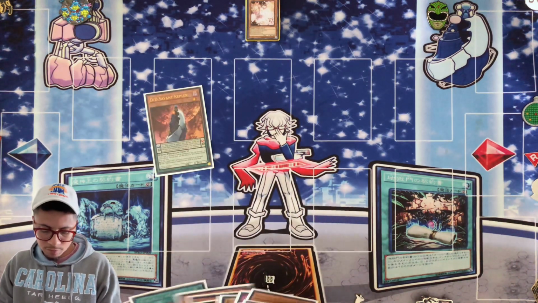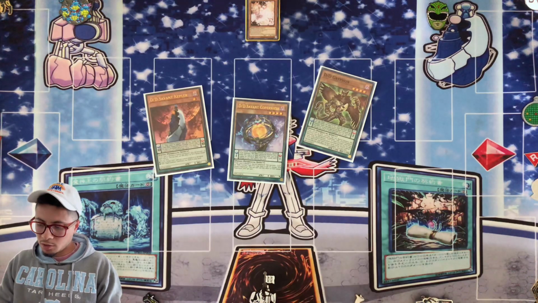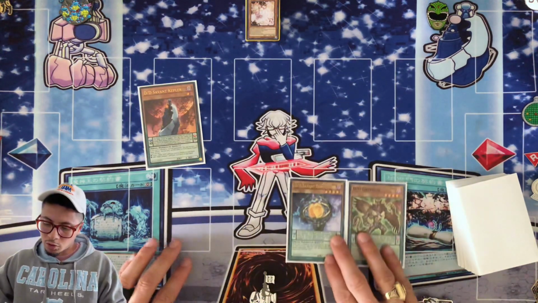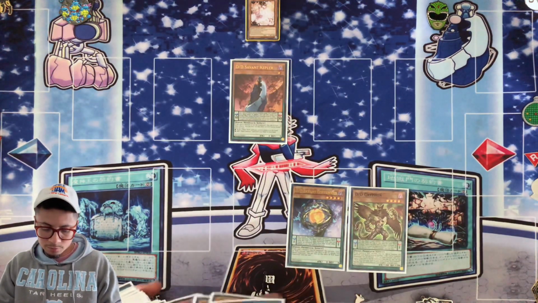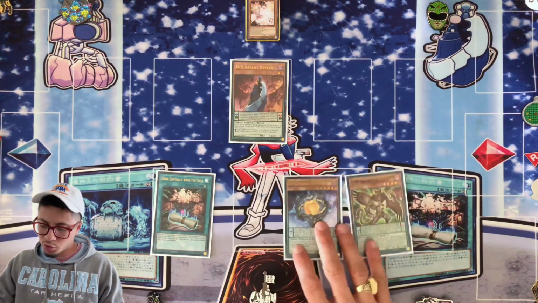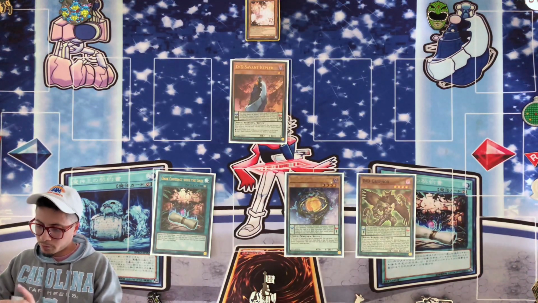Alright, so this next one could be Kepler and any combination of these two, okay? So we're gonna normal summon Kepler, search for Dark Contract. We're gonna go ahead and search for the Gate. Gate effect is going to search whichever one you're missing. All right, so we're going to have those guys. Then we're going to activate